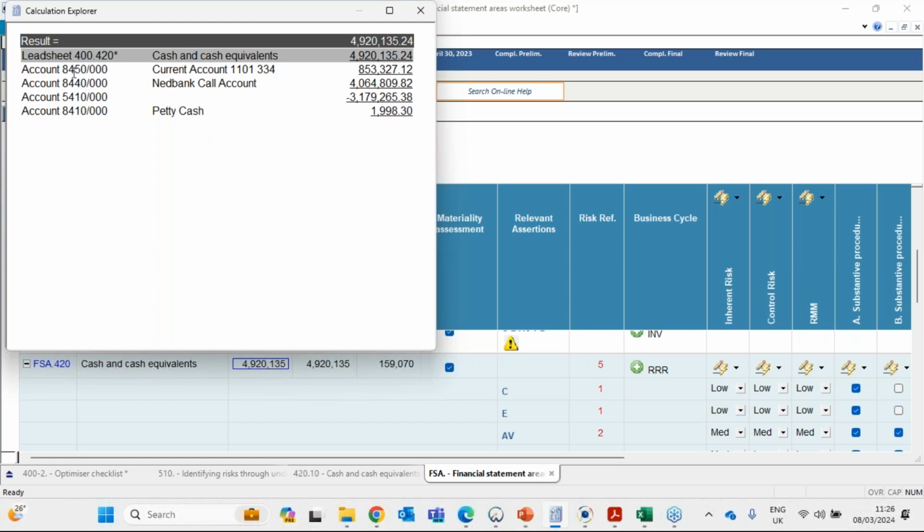So we have current account here, account 8450 net bank call, 8440 we've got one, 5410 which is a negative. So if you think of how did we get to those figures, this is via mapping. The figures are appearing here because we've done the mapping of those account numbers. We can't see the name here. It's indicating to us that this value, which here must be a cash or bank overdraft, has been mapped to the bank overdraft section. Then you have your petty cash, which is